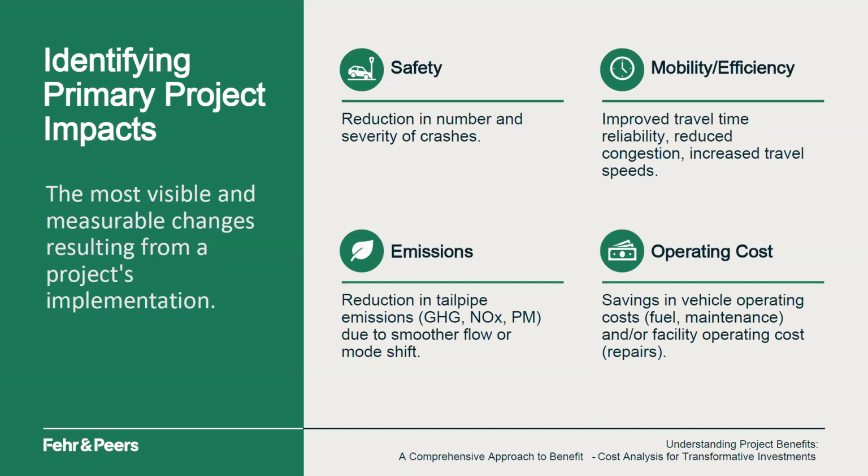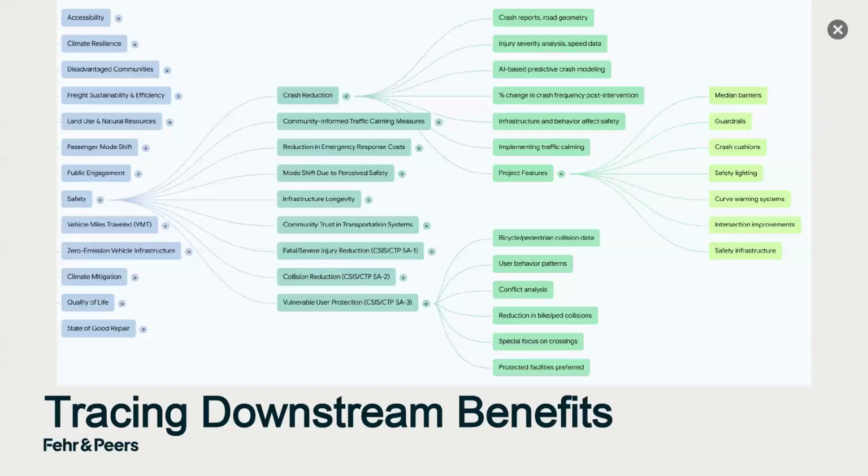So if we go to the next slide. You don't need to look at the details, but I'll walk you through them. A lot of what I do as a consultant is it's hardly ever a one-to-one benefit, right? You make some kind of a project improvement that has a benefit that goes into CalBC, like reduce collisions, reduces cost of collisions. But there's also other benefits, right? So when you look at this mind map, it connects the different types of benefits. And then there's secondary and tertiary benefits, right? There's lots of things that are related to each other.